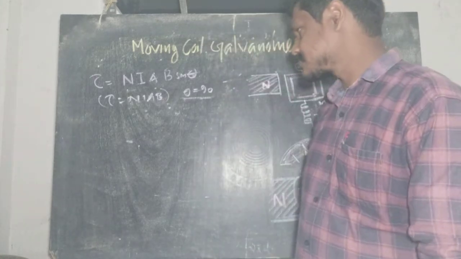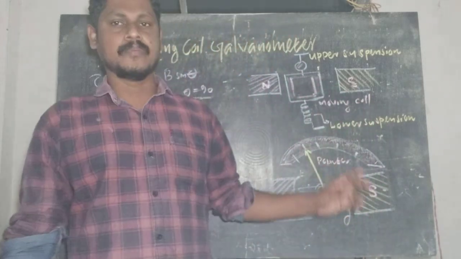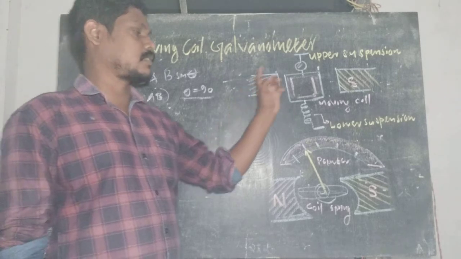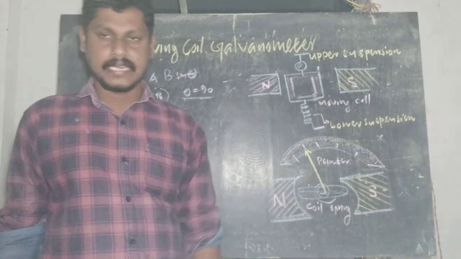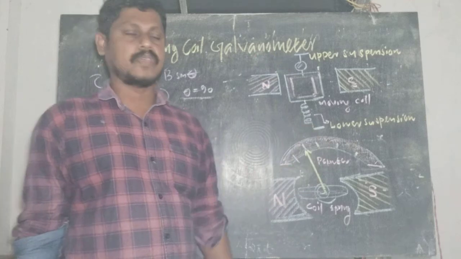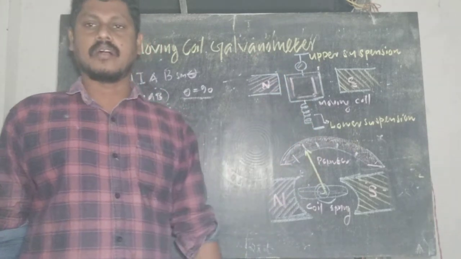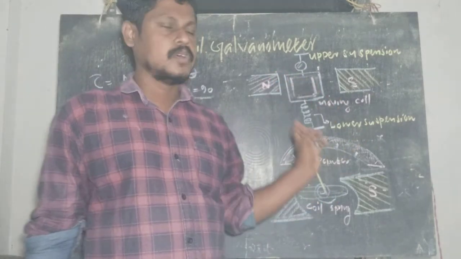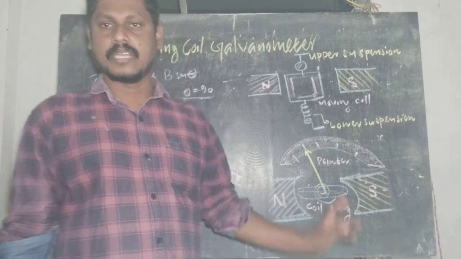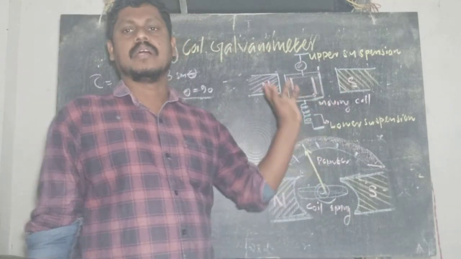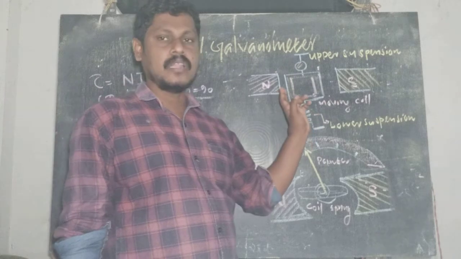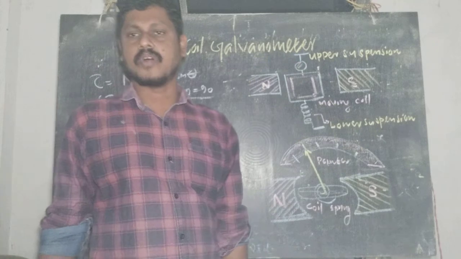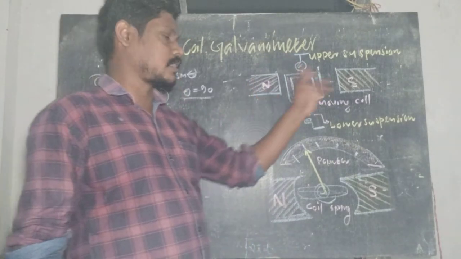Right? The main parts of a moving coil galvanometer are a pair of pole pieces of a field magnet, north and south poles. It is so called the field magnet. And in between the pole pieces, we have held an armature coil, an insulated wire which is wound over a soft iron core. To concentrate the magnetic intensity into that coil, we have wound the coil over that soft iron. That coil with N number of turns is suspended freely between the pole pieces of the field magnet, the north and south poles.